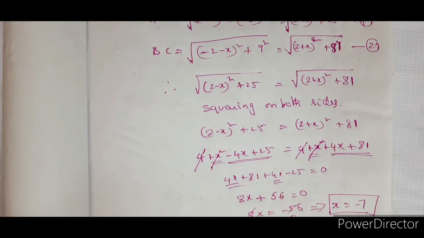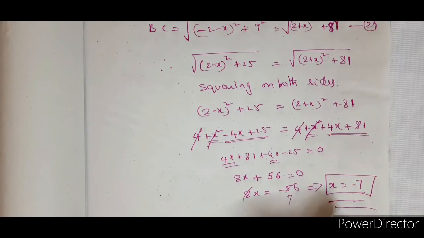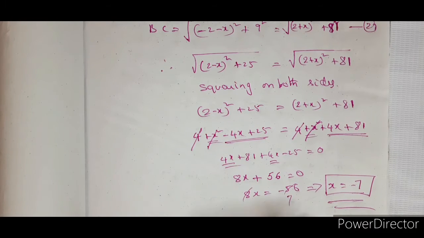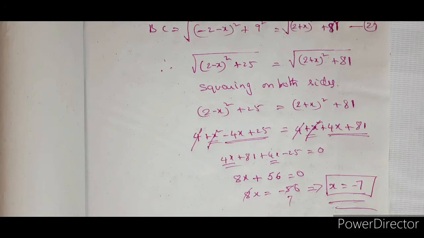8 goes 7 times here. So therefore you got the value of x to be minus 7. What is the concept we applied? We just took the coordinate points as x comma 0, because here in the problem it is already given that the point is on the x-axis. So our problem is solved. It is very easy now, right? With a single equation only you can solve, because only a single variable is there. Okay, right.